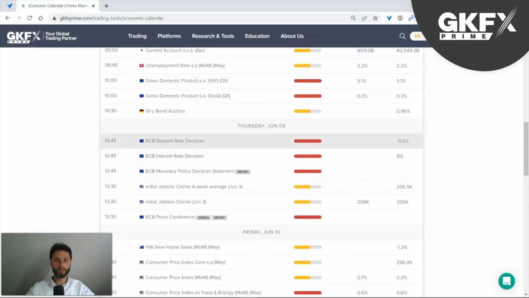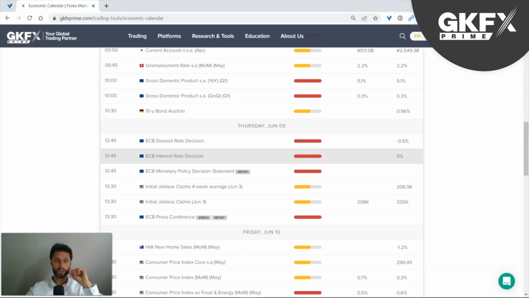And on Thursday, even more so, we've got an interest rate decision, which will be the major news for the week, especially on euro, which will affect the dollar Swiss and the euro CAD, of course, not to forget that. For euro CAD, we've got both news on the euro and the CAD this week. So trade carefully with that